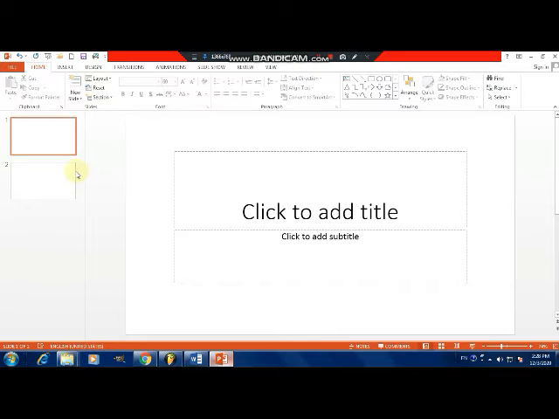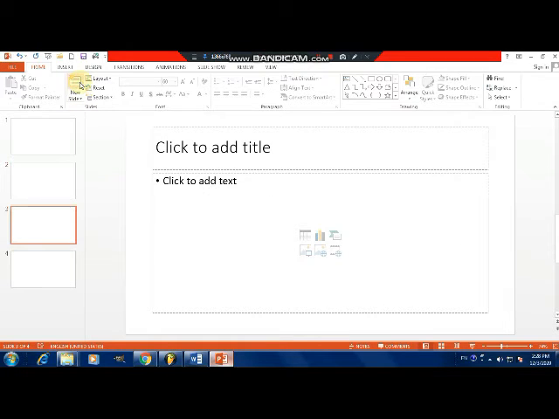The next one is Section. Now we have multiple slides and we have to divide this presentation into different sections. First one we have to present for one topic, and second one we have to present on another topic. So how to insert a section? To insert a section you have to select a slide. Which slide do we have to select?